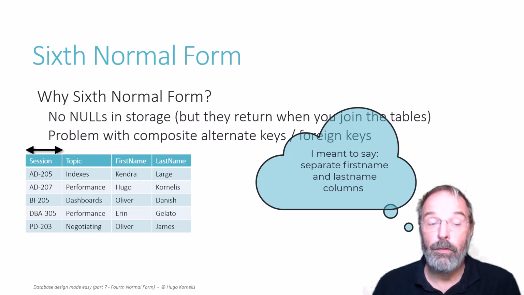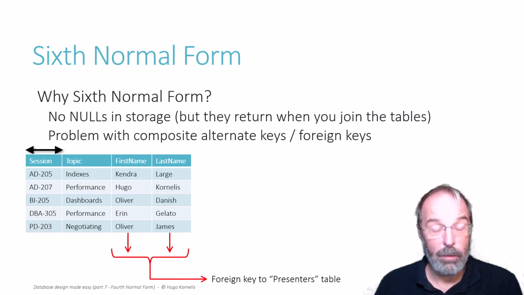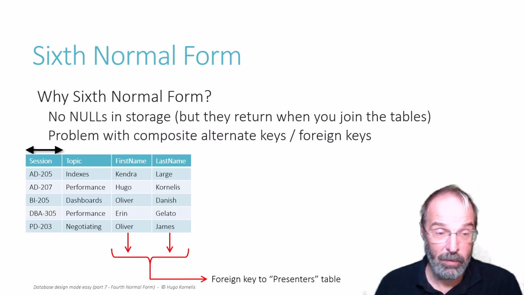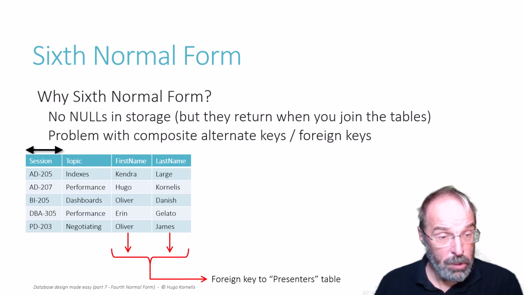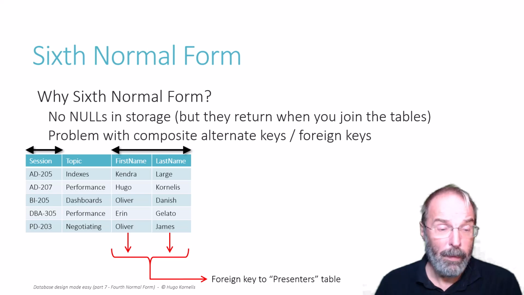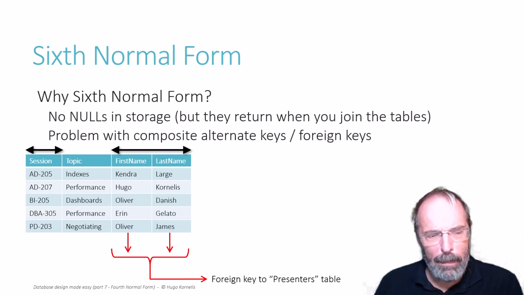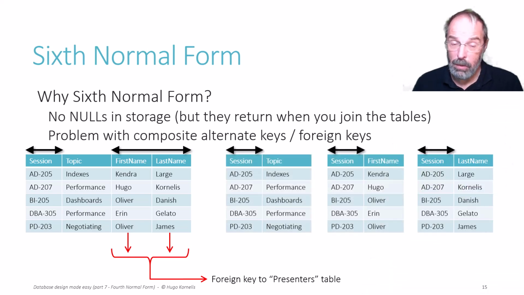And of course, in a fifth normal form design, this table is okay, and you can just implement a foreign key to the presenter's table, which will have a candidate key on, again, the combination of first name and last name. And if you don't want any presenter to have two or more sessions, you can still add a candidate key on the first name and last name columns combined. So in fifth normal form, this is a very nice design for this universe of discourse. Now, if we apply the sixth normal form rules, then if we choose to split on session, you get again